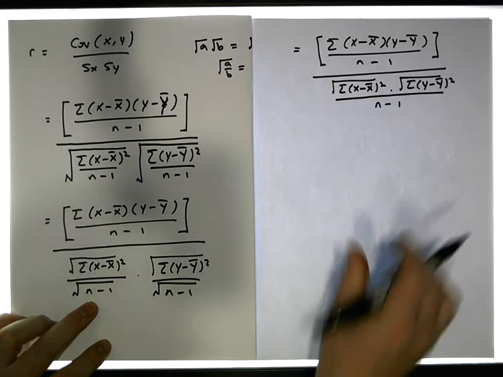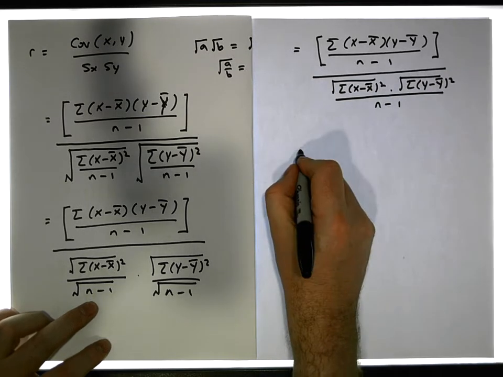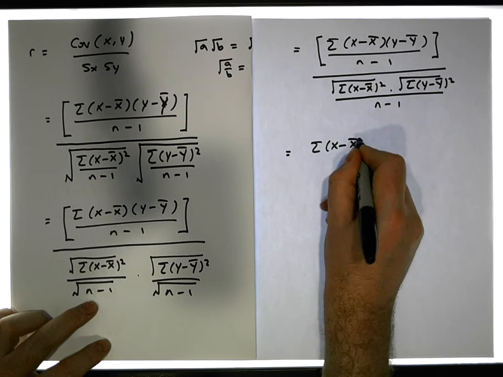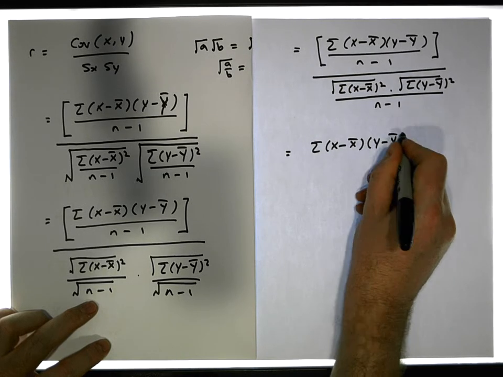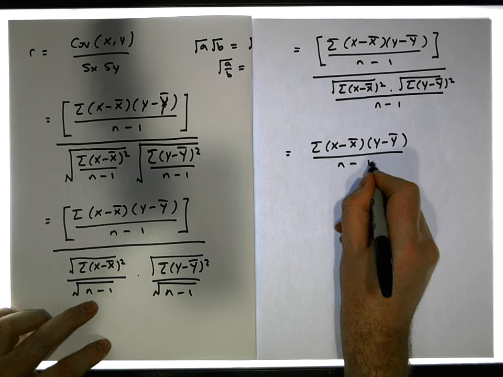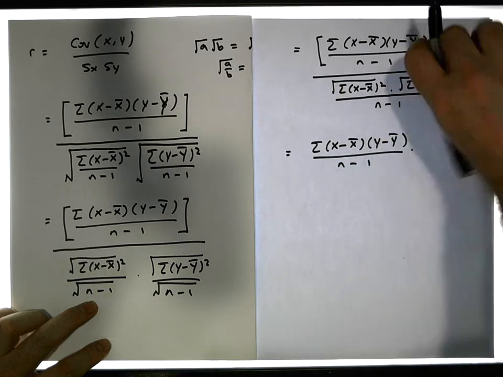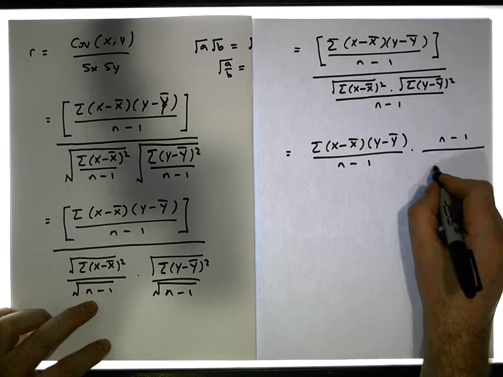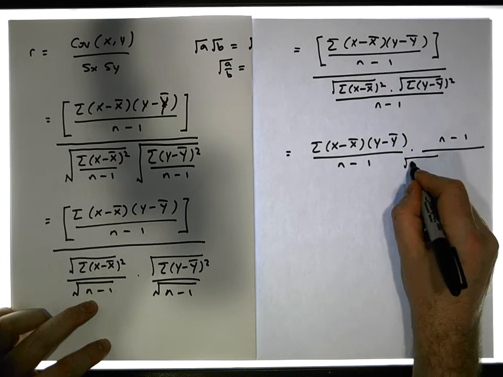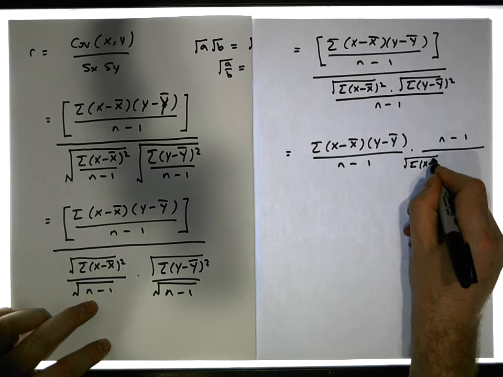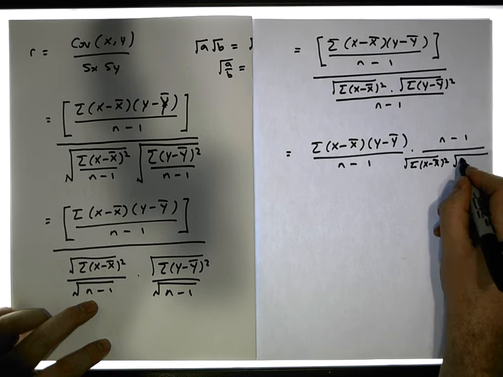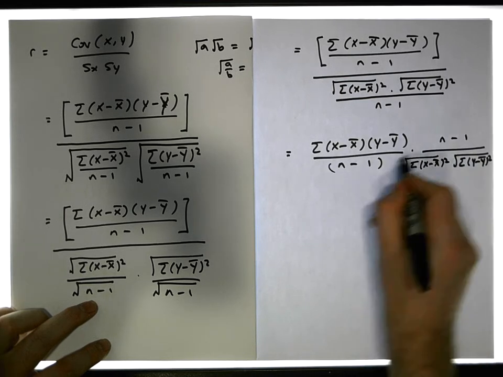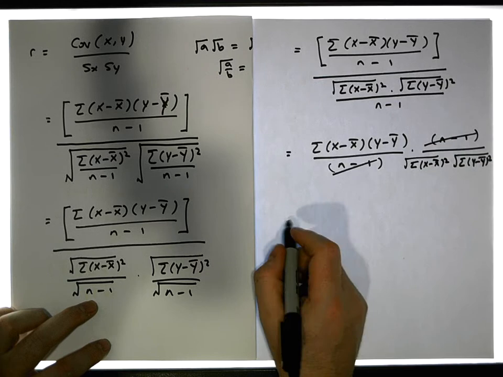Now this is the same as inverting and multiplying, so we have the sum of the x's minus the x bars times the y's minus the y bars divided by n minus 1, times n minus 1 divided by the square root of the sum of the x minus the x bar squareds times the square root of the sum of the y's minus the y bar squared. And you can see that the n minus 1's cancel,